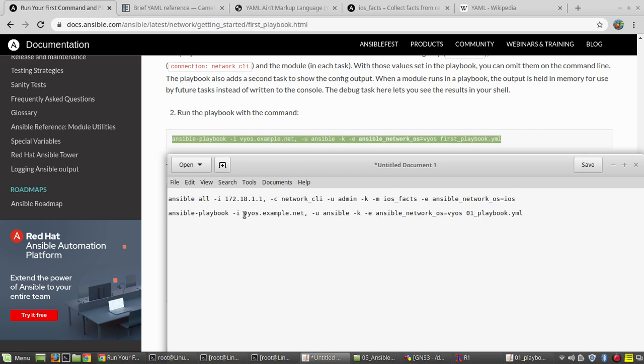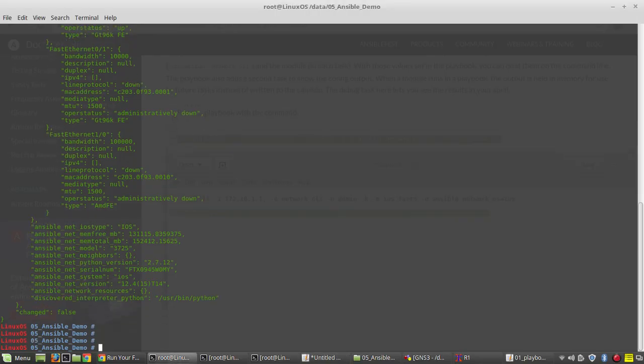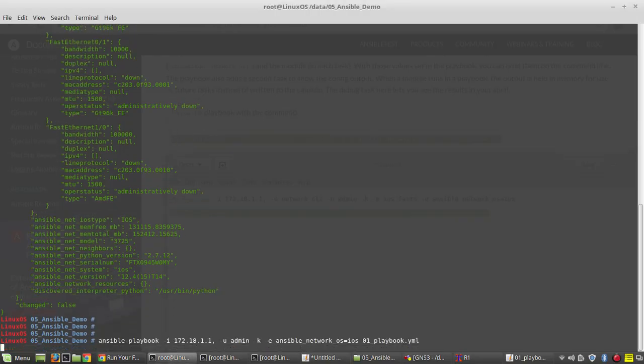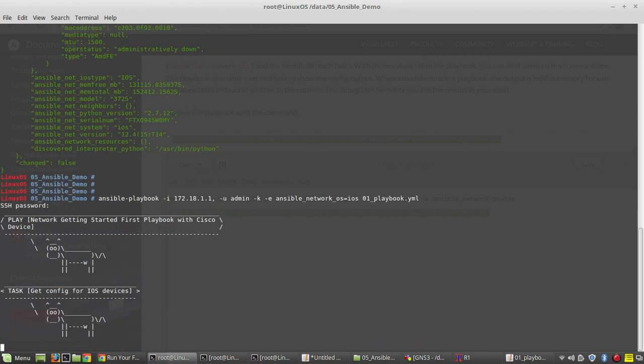Then here we can give our device IP. Then username is admin. It will prompt for the password. Then OS is iOS. We'll try to execute it.